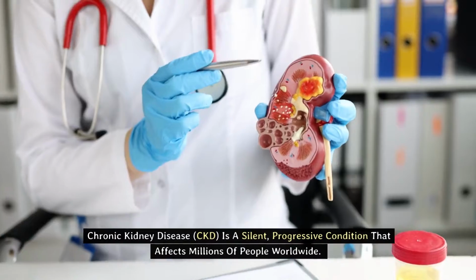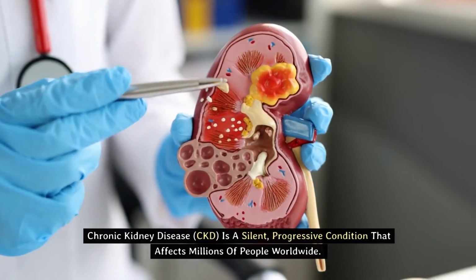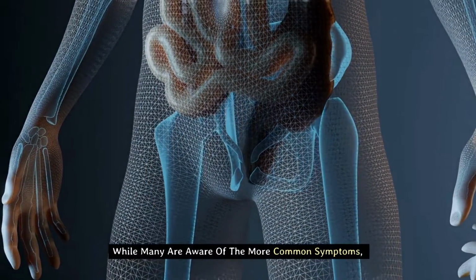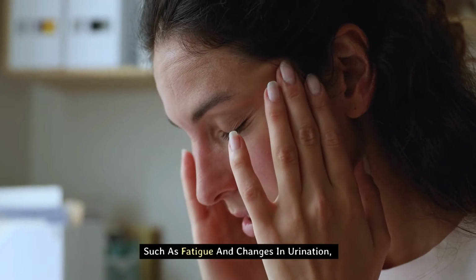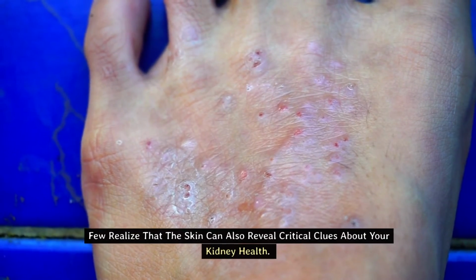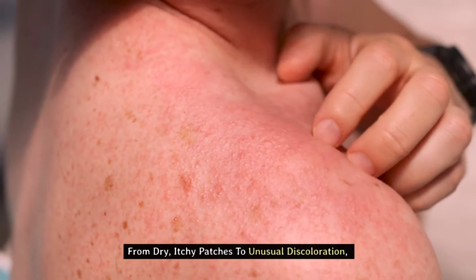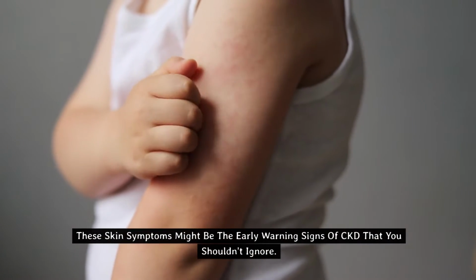Chronic kidney disease, CKD, is a silent, progressive condition that affects millions of people worldwide. While many are aware of the more common symptoms, such as fatigue and changes in urination, few realize that the skin can also reveal critical clues about your kidney health. From dry, itchy patches to unusual discoloration, these skin symptoms might be the early warning signs of CKD that you